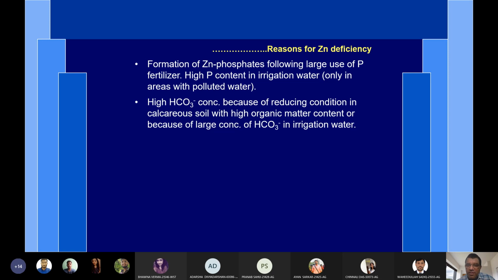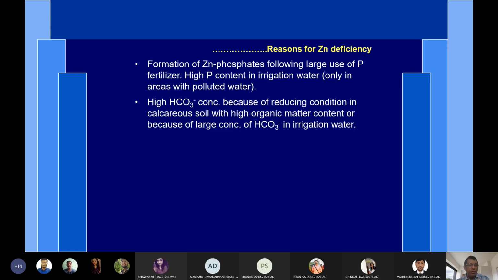And after some days, all the seedlings died because the level of zinc was too high and it made your phosphorus unavailable. It made your whole phosphorus unavailable, and also some other elements like iron were made unavailable. So because of this, his soil had become infertile, you can say. And then after many years of soil treatment by adding organic manures, farmyard manure, and putting so much water, he could reclaim his soil. But it took a very long time to remove the toxicity of zinc from the soil.